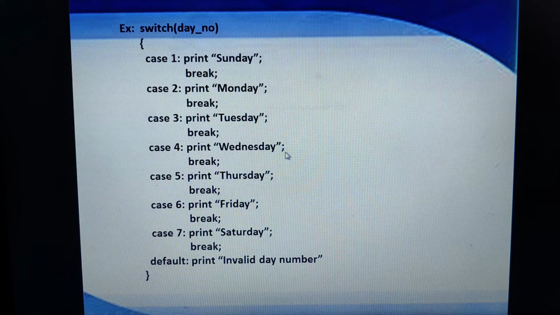This is a very, very important question from your exam point of view. They may ask you to briefly explain the working of the switch statement. In that case, you write what is switch case, why it is called a multiple selection branching statement, how exactly it works, write the flow chart, write the algorithm, and then give one example. If they are asking for 5 marks, then do write a programming example. If they are asking for just 3 marks, just quoting the program segment is enough. Okay. Now let us move on to the